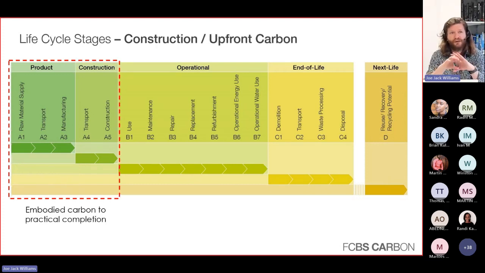Then we have this next bit where we start to include the construction phase. So we've got the product at the end of A3, so A1 to A3, that's the product stage. A1 to A5, we call that the upfront stage. So that starts to include the product being transported to the site, but also how you build it. It's not just about the energy used for building stuff, it's also about how much you waste. If you think about offcuts of timber, where do they go? Do they end up in landfill, or do they get reused on site somehow? Or is there any offcuts? Have you designed it so it all just fits standard sheet sizes? All of those bits get wrapped up there.